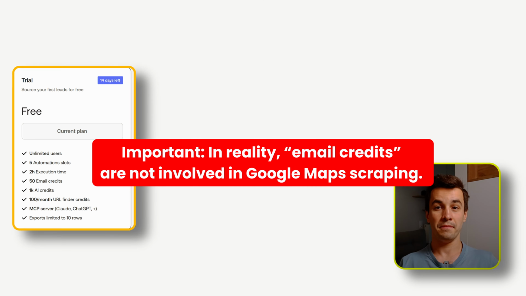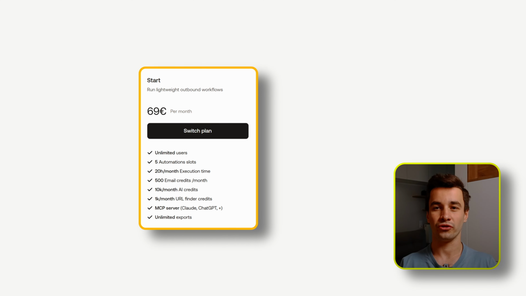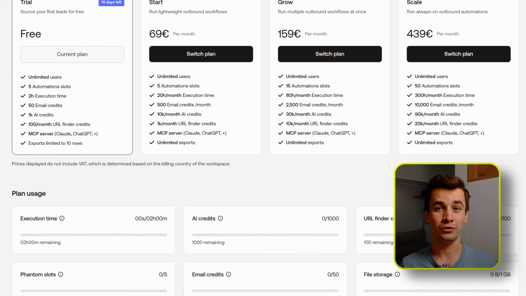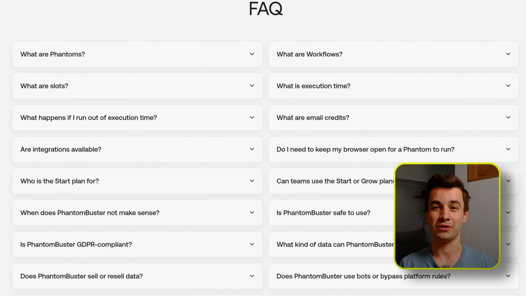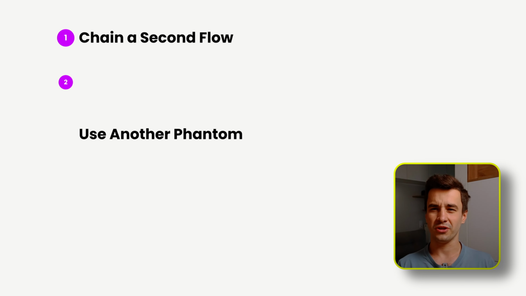50 credits per month on the free trial, 500 on the $69 plan. To be fair, one good point regarding email credits: they are separate from execution time. Option number 2,